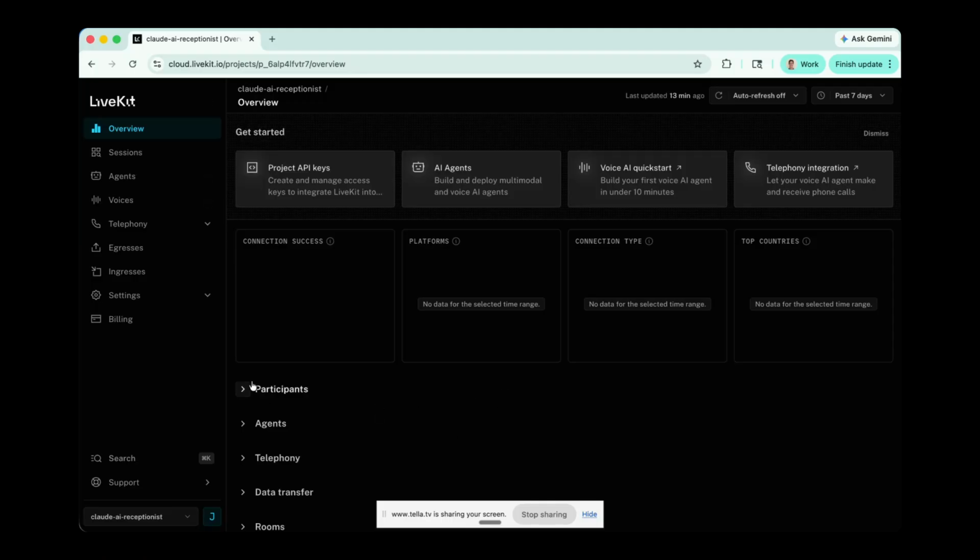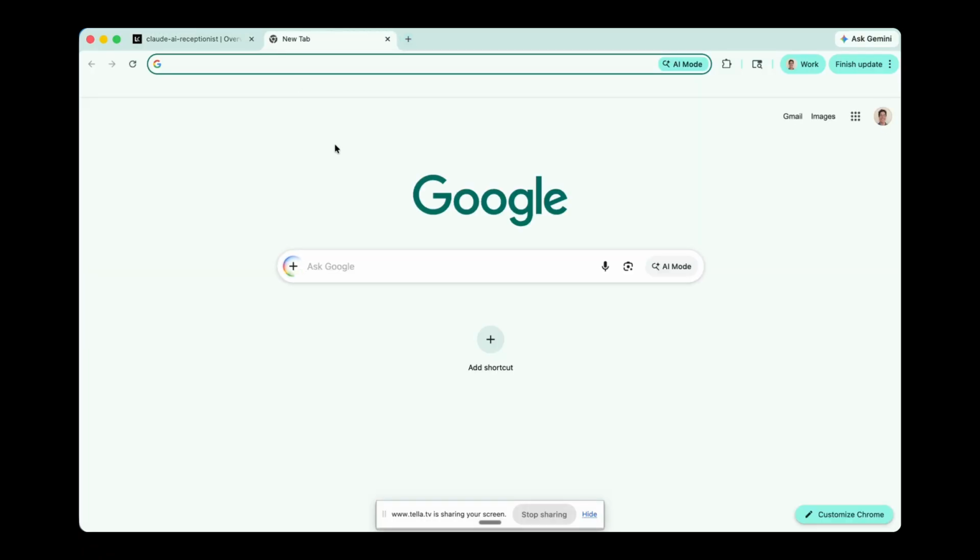The next thing we need to do is get our IDE or our integrated development environment ready. For this tutorial, I'm going to be using VS Code just because it's super simple and very easy to collaborate with Claude Code, which is what we're going to be using. So if you don't have that, what you can do is open up a new browser tab and you can search up VS Code right here in Google. But if you want to go to the actual site, you can just go to